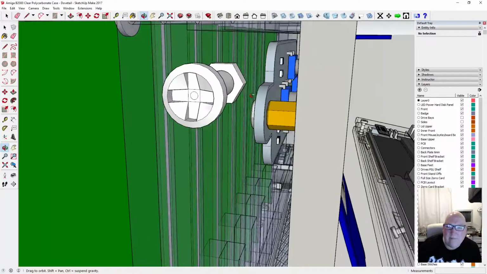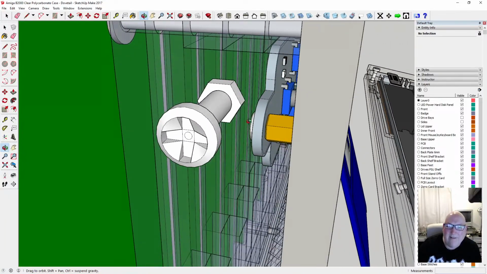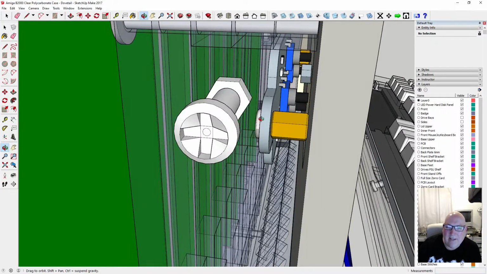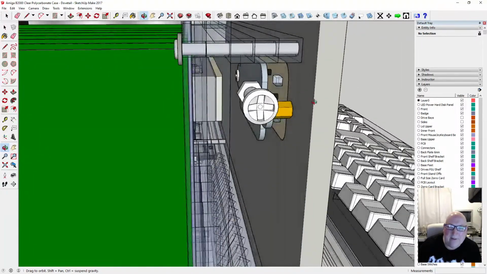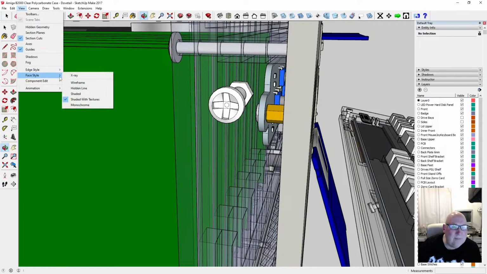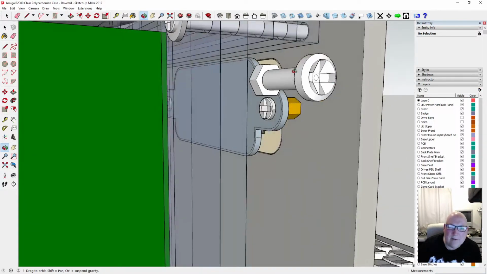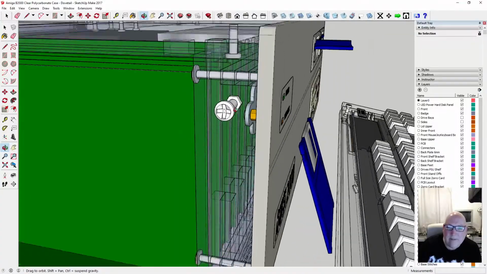Why's my PCB changed colour? It's changed colour. What is going on? What has happened to my PCB? That's weird. Just noticed that PCB is not the right colour. Oh well. Anyway,